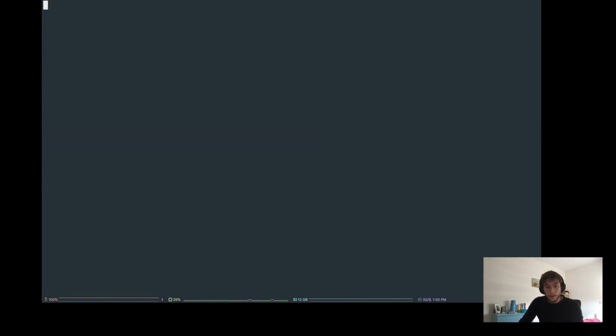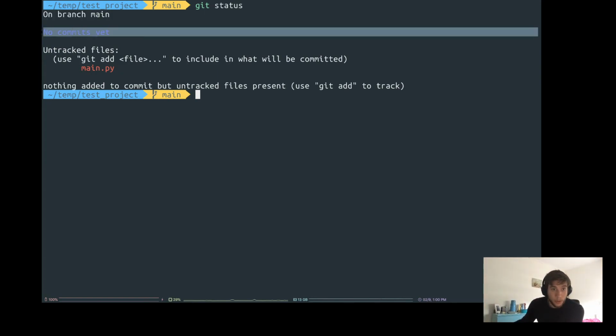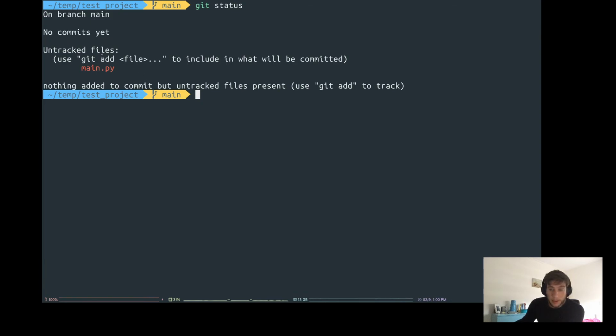Okay, now. So, as I said, we just made an empty repository, and I say git status, and it says that I am on branch main. There are no commits yet. And it says,